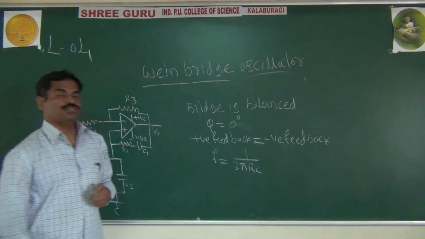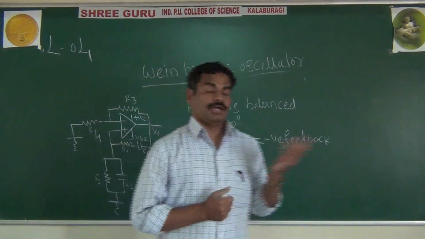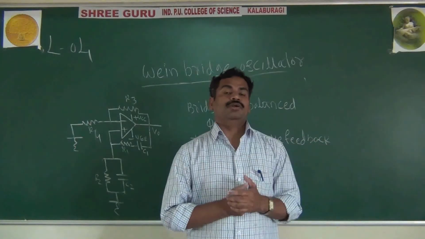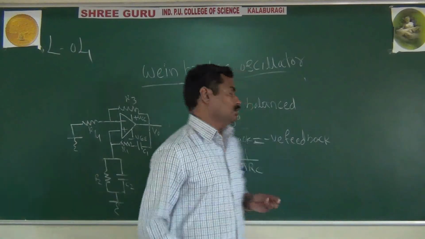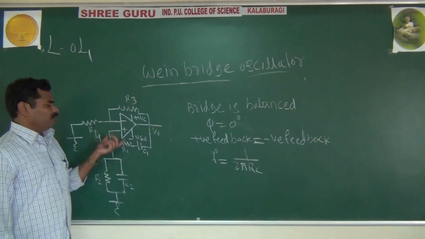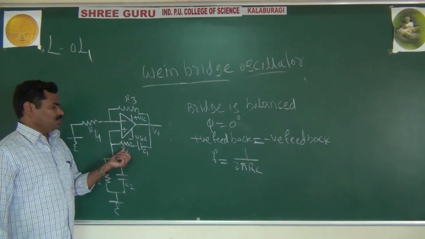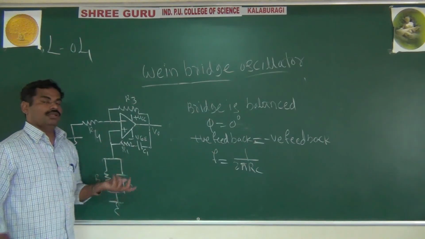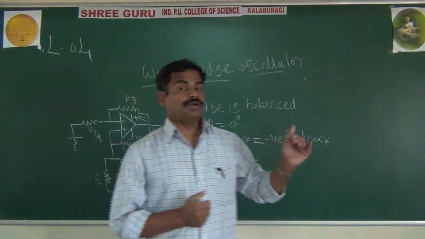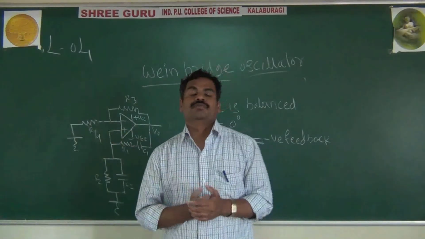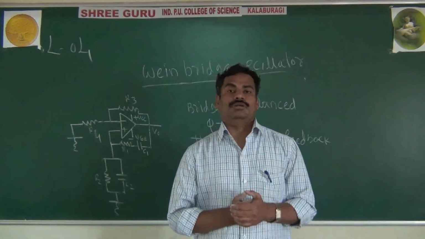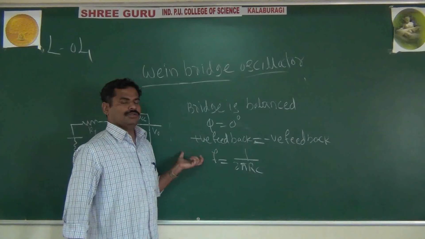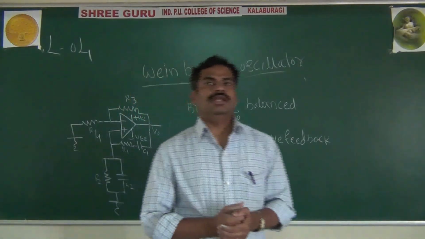It is important compared to your phase shift oscillator, because the drawback in the phase shift oscillator is that you have a very low gain, since the feedback factor is very small. But here we can easily change the frequency of oscillation by changing only the R and C values, and you also have more frequency stability compared to the phase shift oscillator. Also, you are not using any phase shift concept here; you are only using the technique of a lead-lag network.